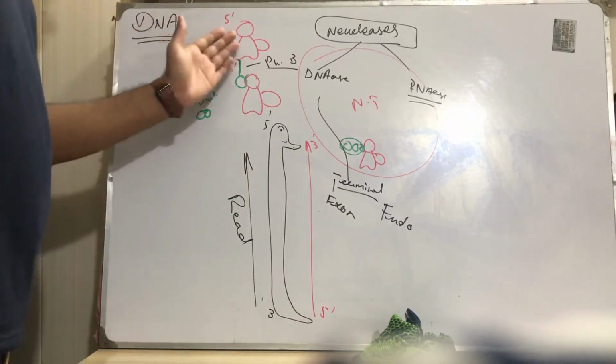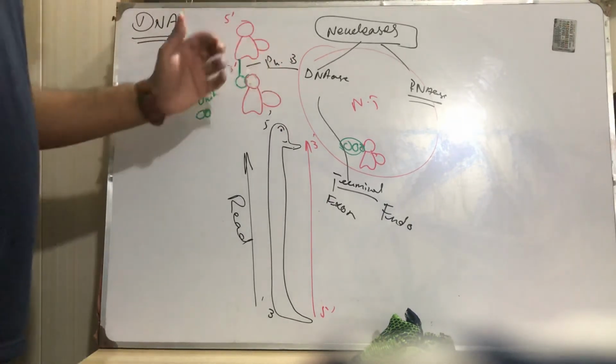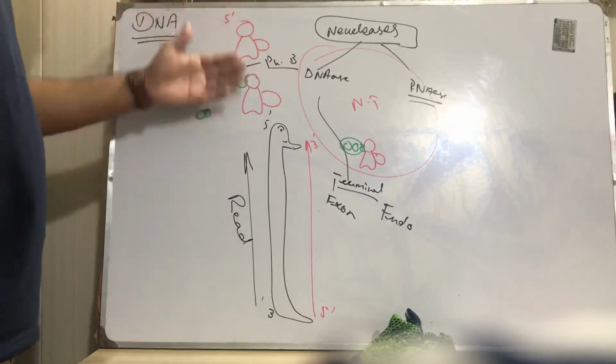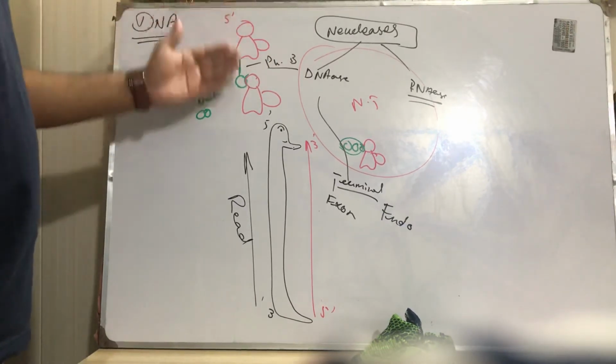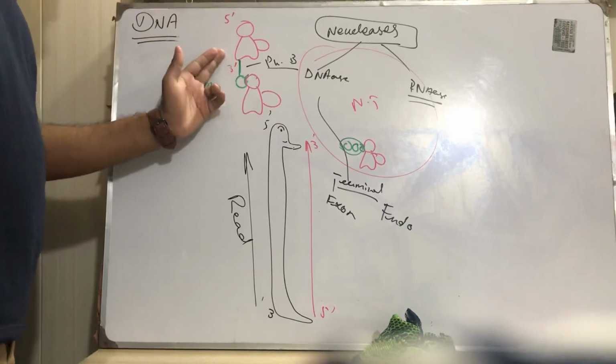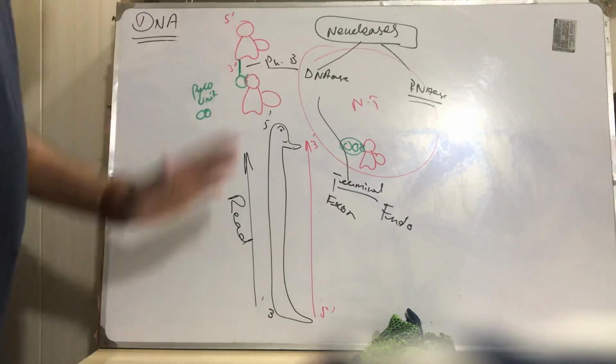So this is all about the DNA structure. DNA is a polymer of nucleotides, a linear polymer consisting of sugar, nitrogenous bases, and phosphate. How do they arrange in the 5' to 3' form? Always the new nucleotide attaches to the hydroxyl group of the 3' carbon, and then we get the linear polymer.